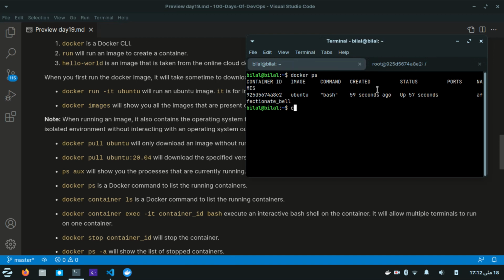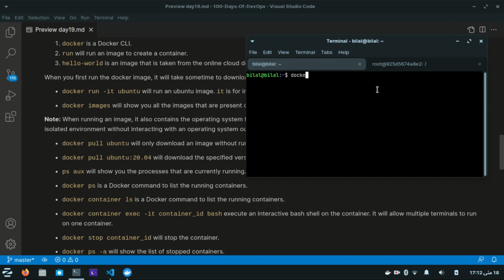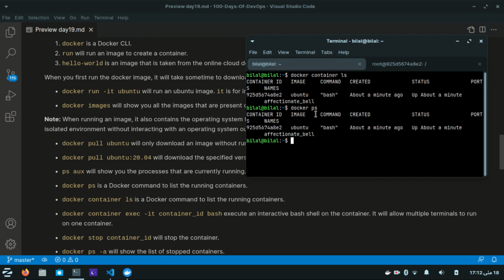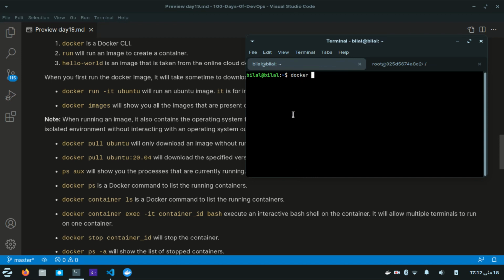Similarly, if I clear it and write docker container ls, you will see that it is showing me the same data that I showed you in docker ps, because these are commands that give the same result. This is giving me the active container details, and this is also giving me the active container details. After that, the next command is going to be docker container exec